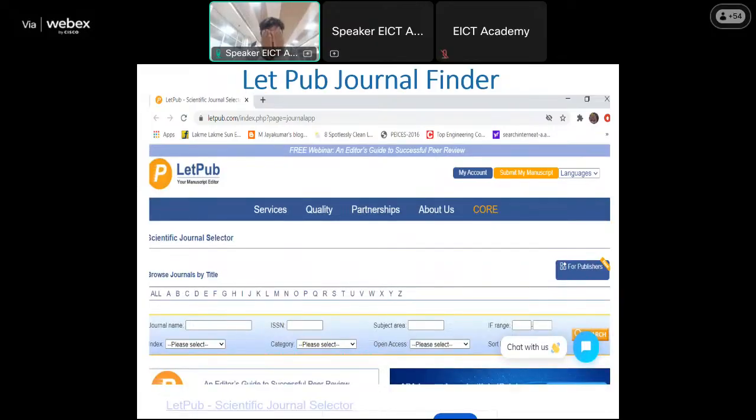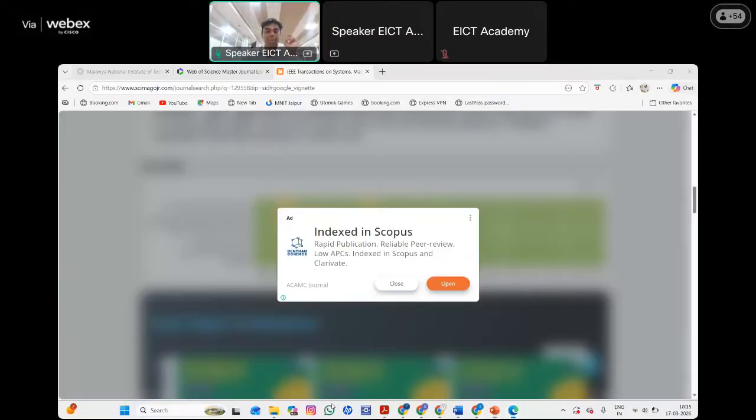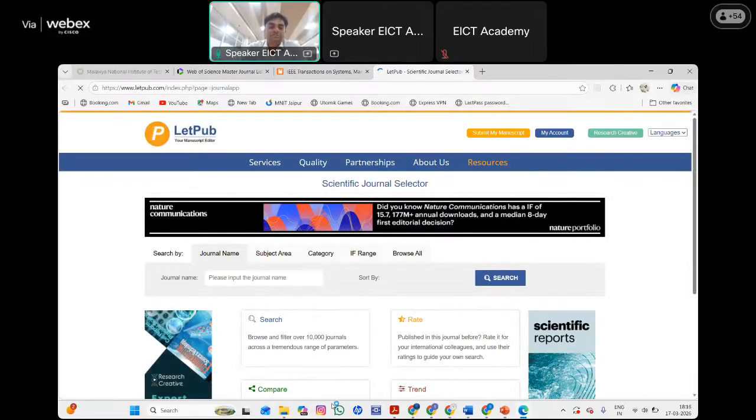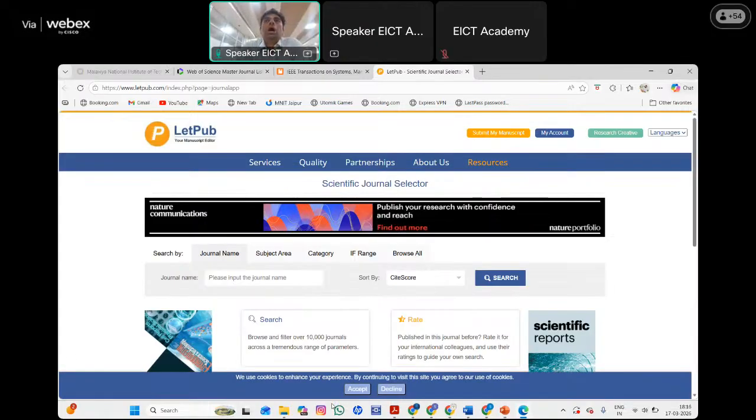Now another important database is the LetPub journal finder. Okay, so मैं इसको open करता हूँ. LetPub journal finder is also one of the very good databases where you can find out a journal's initial information. Okay, this is a database which is being created by users itself. जिसमें आपको पता चलेगा कि इस जर्नल की इनिशियल इंफॉर्मेशन क्या है, और समटाइम्स द ऑथर और रिव्यूअर ऑल्सो पुट देयर कमेंट्स ओवर हियर. ओके, तो मैं आपको